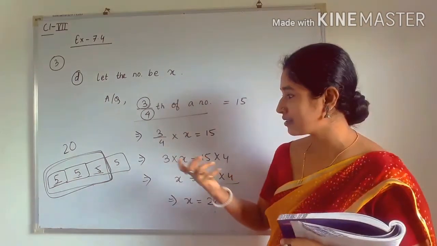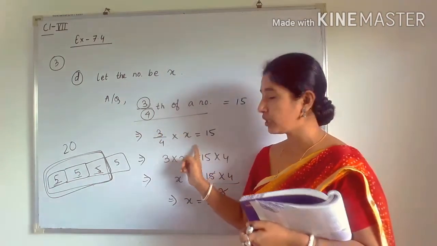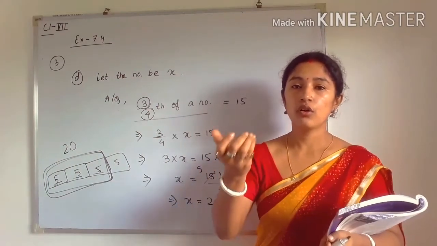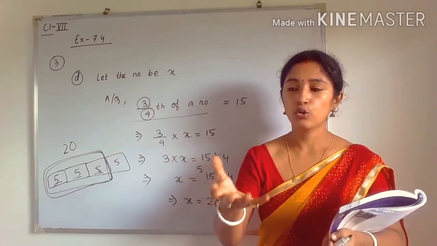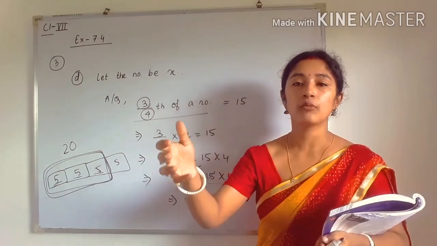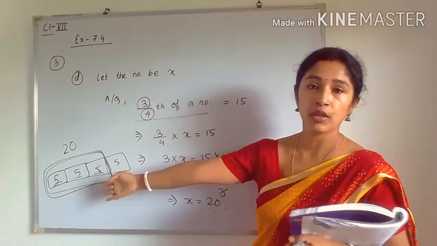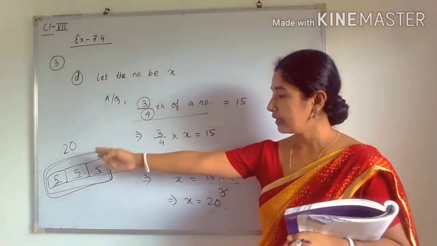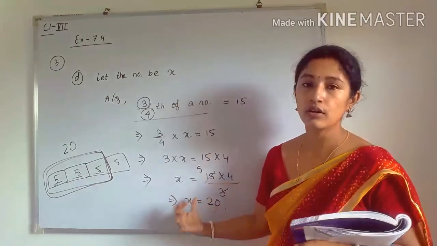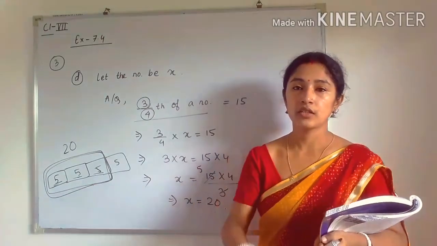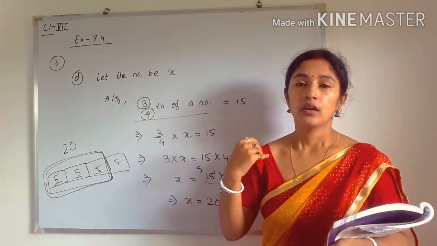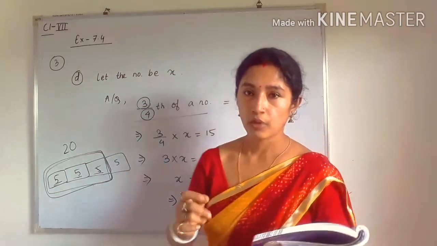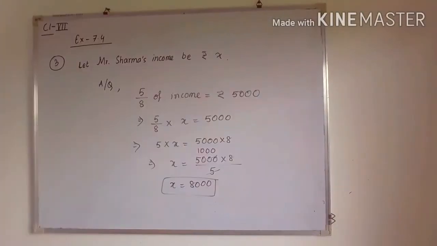You can check the answer by putting 20 into the equation, and you can also check by using the fraction. You know how to represent a fraction in a diagram, so you can represent this in a diagram. By checking this diagram also, you can easily see that our answer is correct. So my suggestion is to try to learn from answers. You are solving, but you have to learn from it. Okay, so come to the next question.